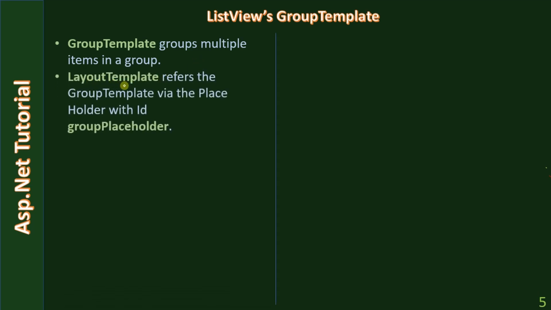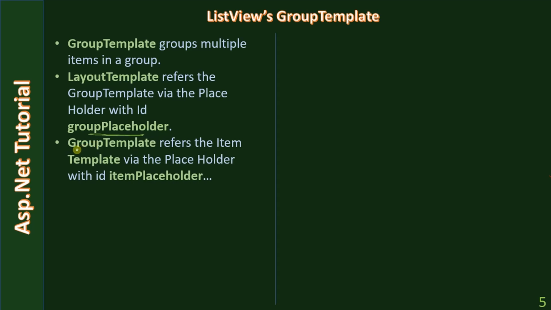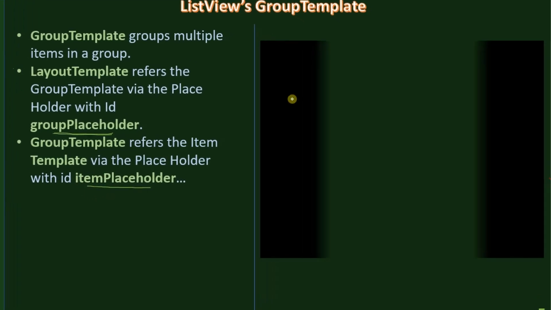So layout template refers the group template via the placeholder with ID group placeholder. Right? Layout template refers the group template via the placeholder with ID group placeholder. And group template refers the item template via the placeholder with ID item placeholder. And if you see how we are defining the group,